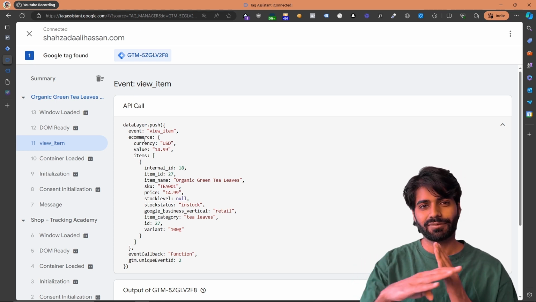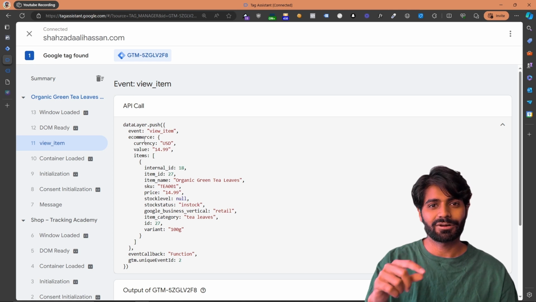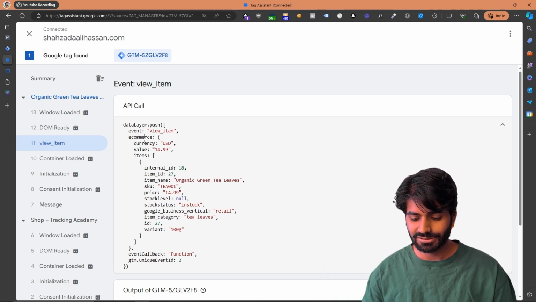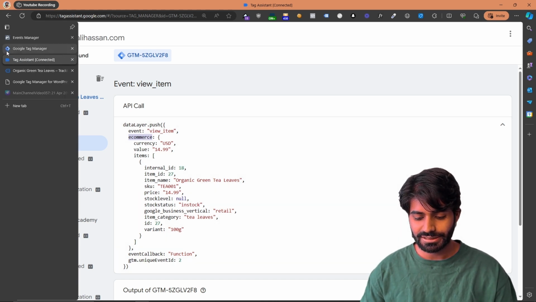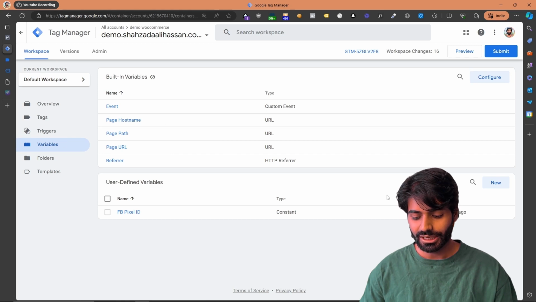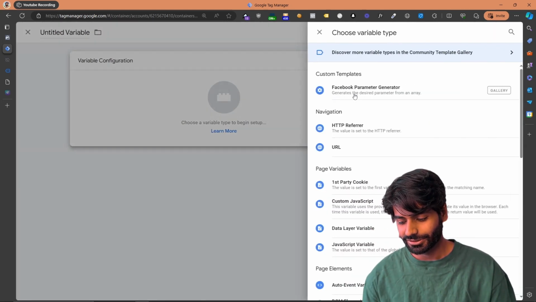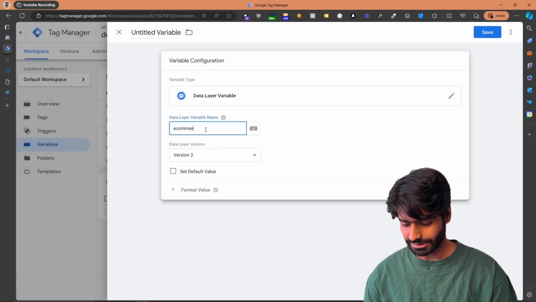You know how we used to have rows and columns, and if you want to access something, you say R1, C1, row 1, column 1, so you know exactly which piece it is. So similar to objects, we have the same thing. We do e-commerce.currency to get this currency parameter. So under the variables, we are going to create roughly 10 variables right here. So let's just create the first variable for currency. Let's just do it e-commerce.currency,